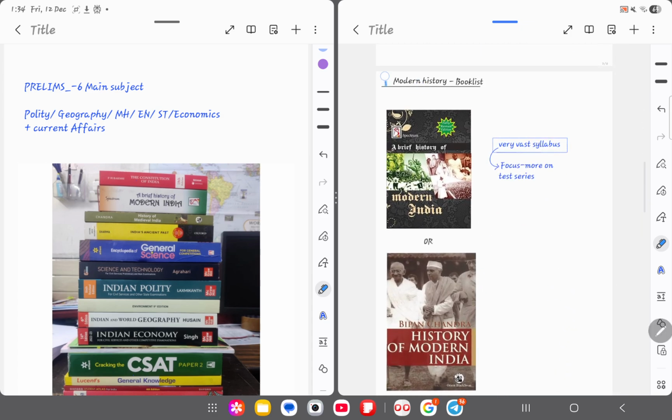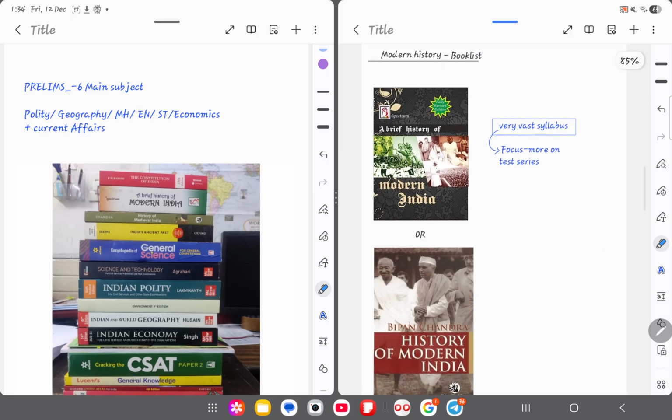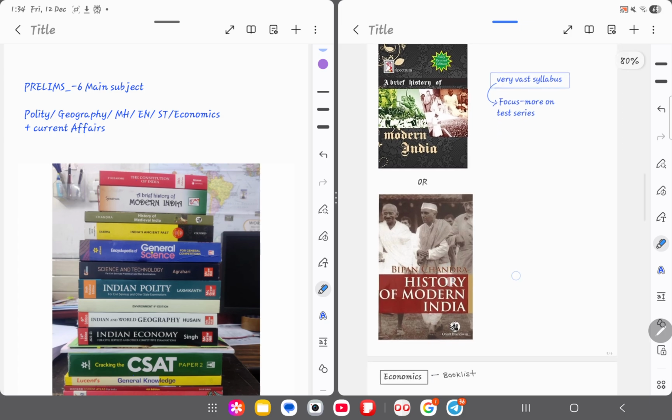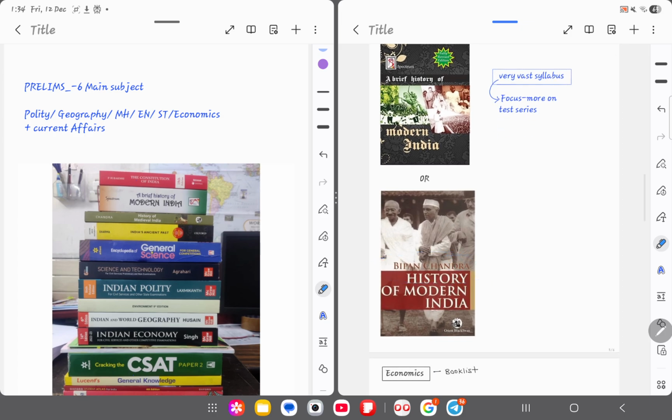Now the third subject is modern history. It is very challenging to cover modern history. Why? Because of its bulky syllabus, its vast number of events, its large number of dates, all these factors make it bulky. So I will refer these two books. The first one is Spectrum, and the second one is Bipin Chandra. You do not have to read both, you have to choose one of them and read